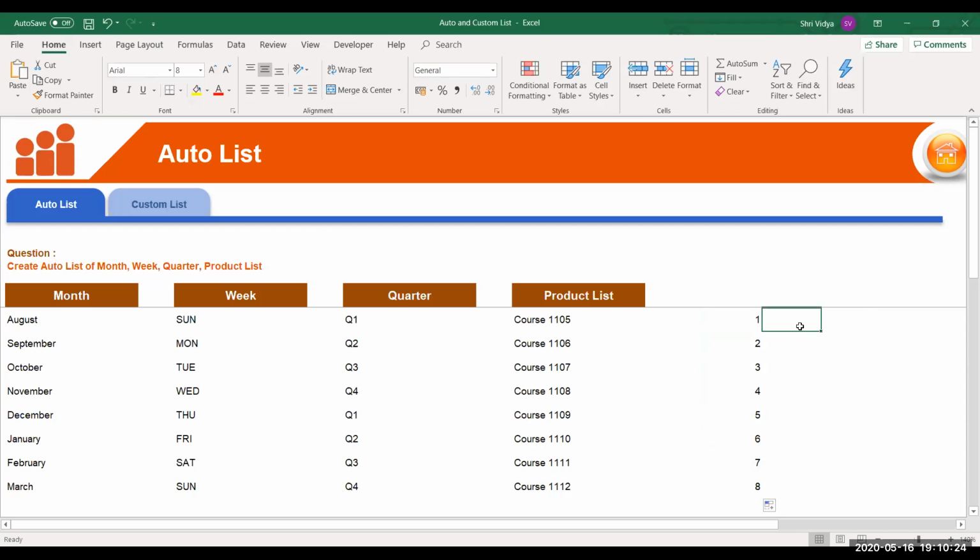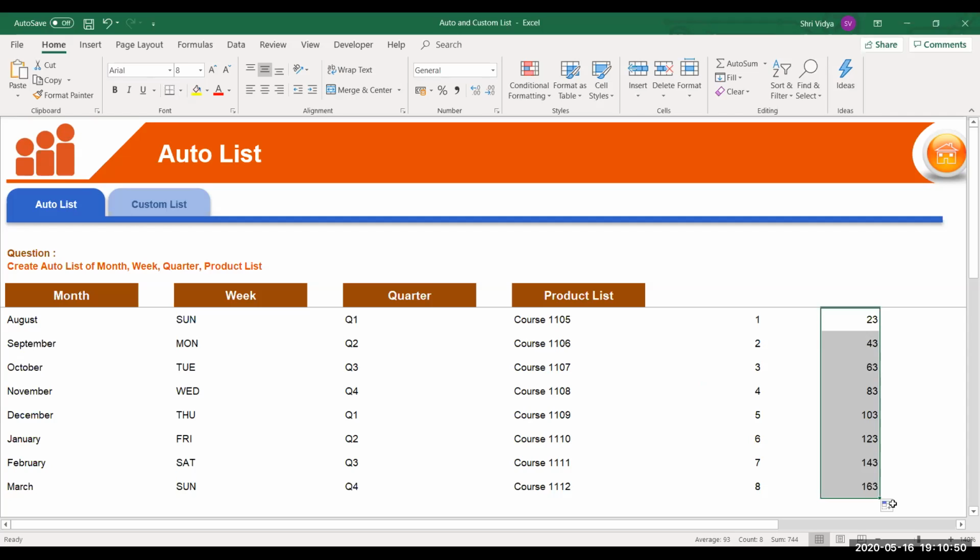So this is common. And let's say I give some random thing. 23, 43. So there is a difference of 20. You can see here, it will give me the series of the same. So whichever series you provide, you can see this. These things are already available in Excel, and you are making use of it.